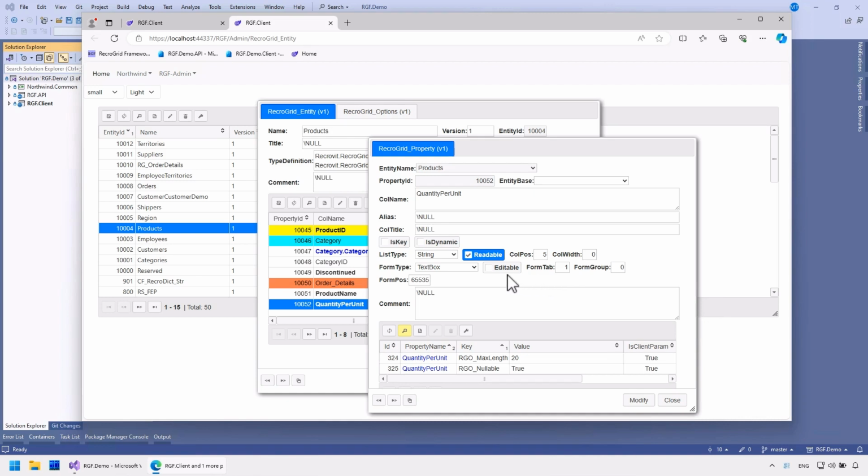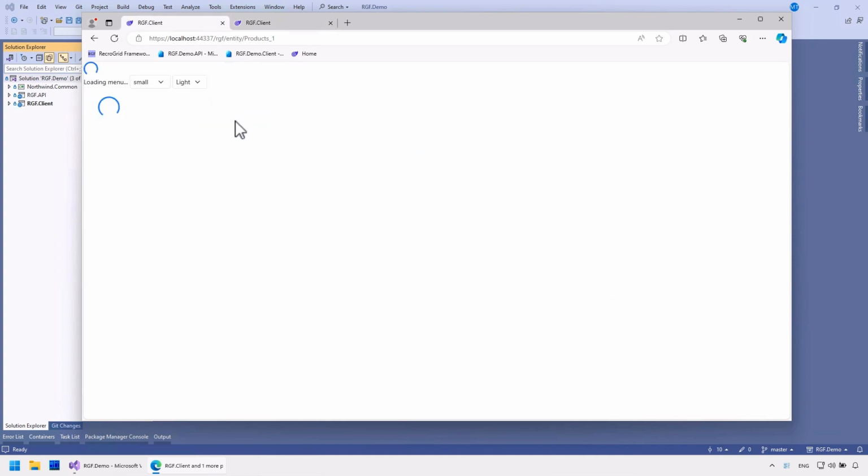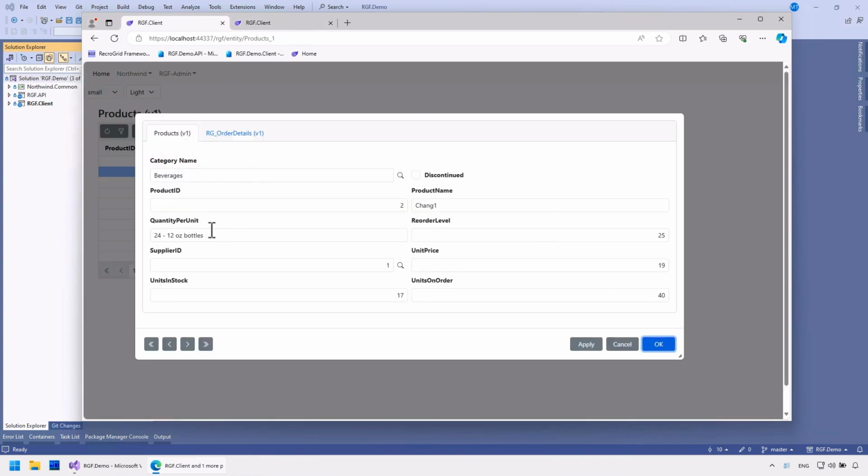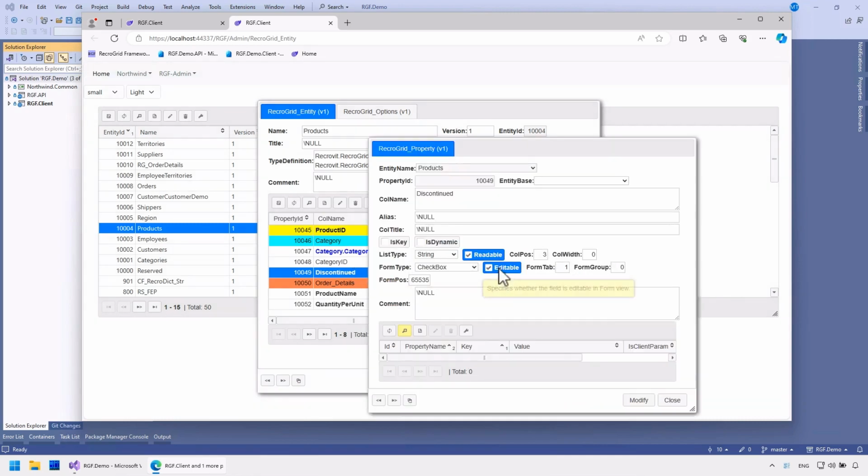Let's try making it non-editable. This field is now read-only. I can't modify or delete it. Even if I hack the browser, the server won't allow modification. Let's look at another field.